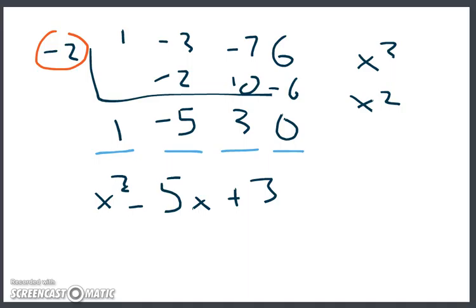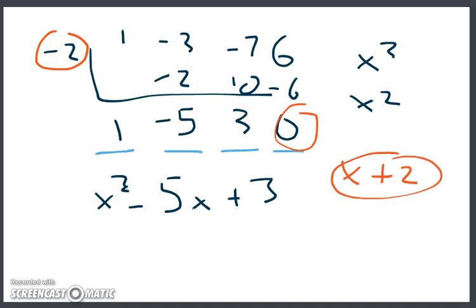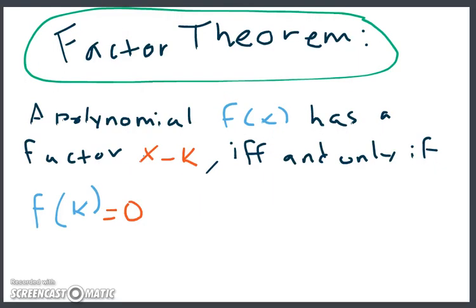There's nothing here. Now this next part is important, because if you happen to get no remainder, which means the last number is 0, then this means that x plus 2 is a factor of the polynomial. This is what the factor theorem is. We just used it for the last example. Polynomial f of x has a factor of x minus k if and only if f of k